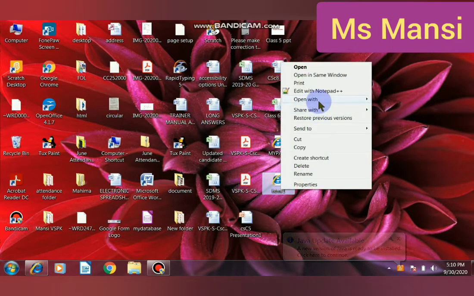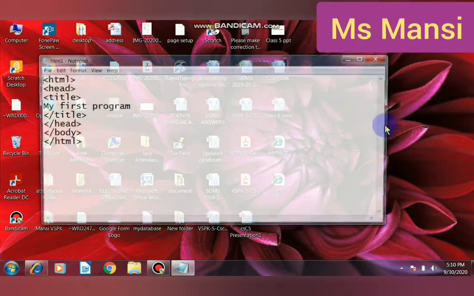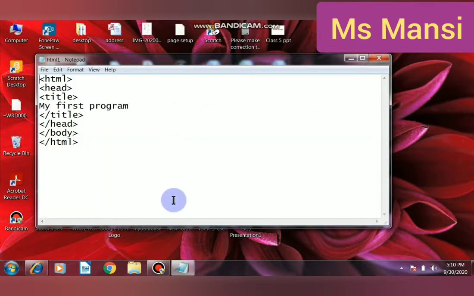Firstly I will open the source code that I have written. So first is tags. Tags are the building blocks of a web page. They contain elements that define how the information on a web page is formed or displayed. These tags are not case sensitive. For example, a capital tag name and a small tag name will have the same effect. If I write here capital HTML or small HTML, both have the same effect. Clear?